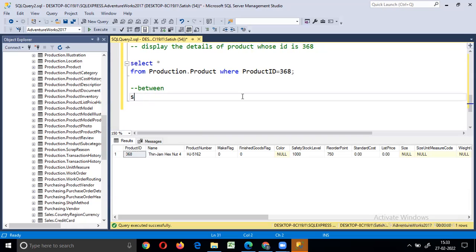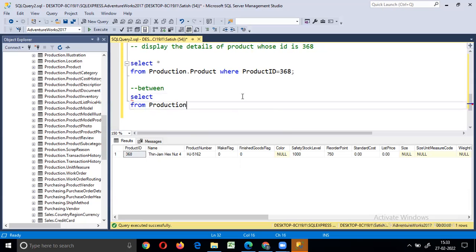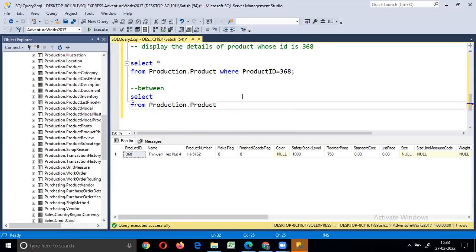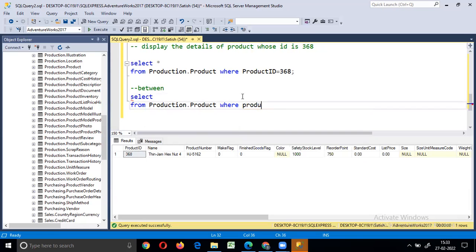Select from the Production schema, from that Product table, where product ID between 300 and 400.